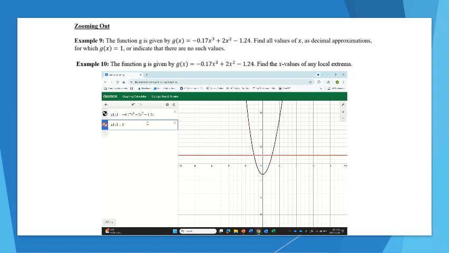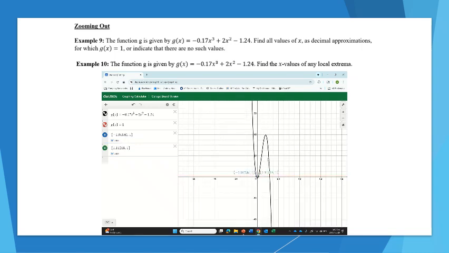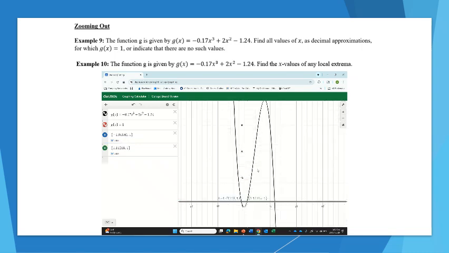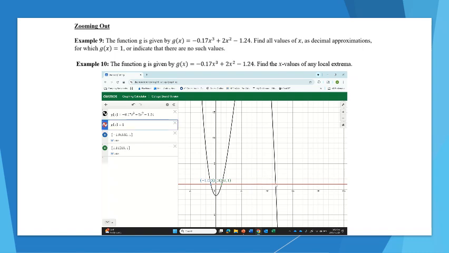Like that. And now the mistake that a lot of students may make is they may only find these two values and assume that they're done. However, this looks like a quadratic function, and looking at our equation, I know it has to be cubic. So where's the rest of this graph? This is why it's really important sometimes to zoom out and make sure you have the whole picture, because here we are missing one more time where it equals 1, which is right here